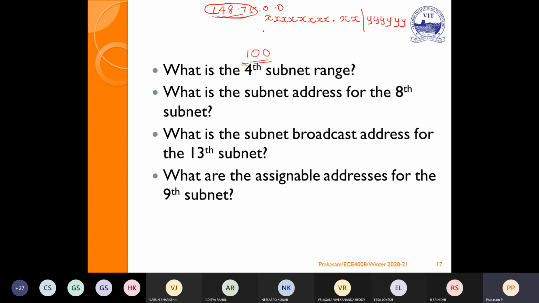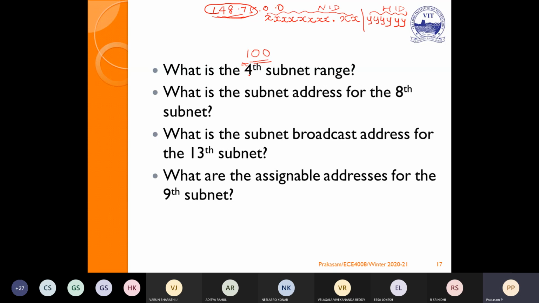In the third byte, because it is a class B, the combination of third and fourth bytes can be allocated for subnet plus host. As per the given problem, we are borrowing 10 bits to allocate for the subnet. So 10 bits means the third byte is 8 bits, and in the fourth byte the first 2 bits we are allocating for the network. So all of these we are allocating for the network, and the remaining 6 we are allocating for the host.